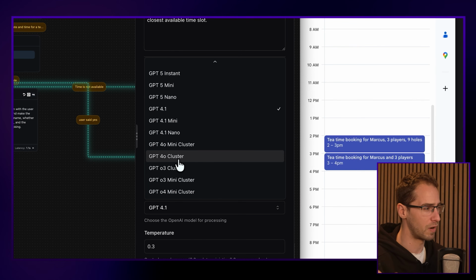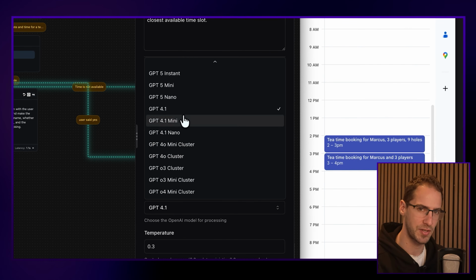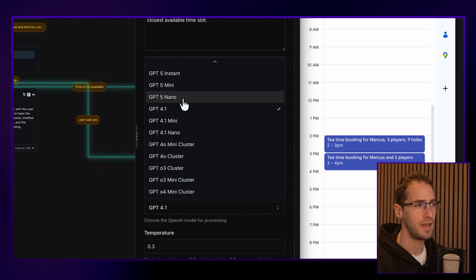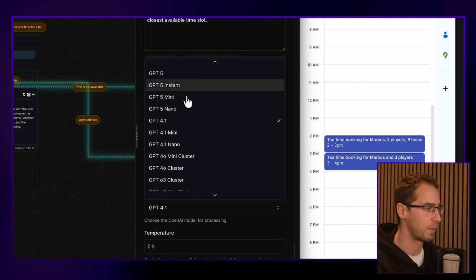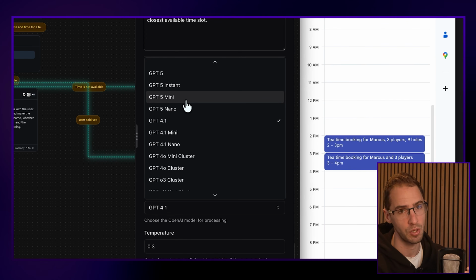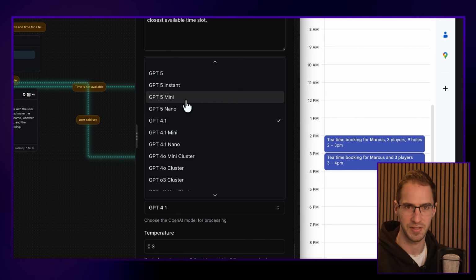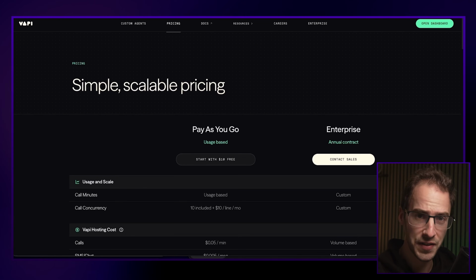There's really no right or wrong, but generally speaking, starting with 4.1 as your baseline, and then every model is really just a compromise between cost, quality, and latency. So depending on what's important to you for your use case, you can have a bit of a play around and see if you can reduce cost, reduce latency, or improve quality, depending on what you're noticing is kind of lacking with your agent. So let's take a look at pricing, and then we'll touch on how Vapi compares against